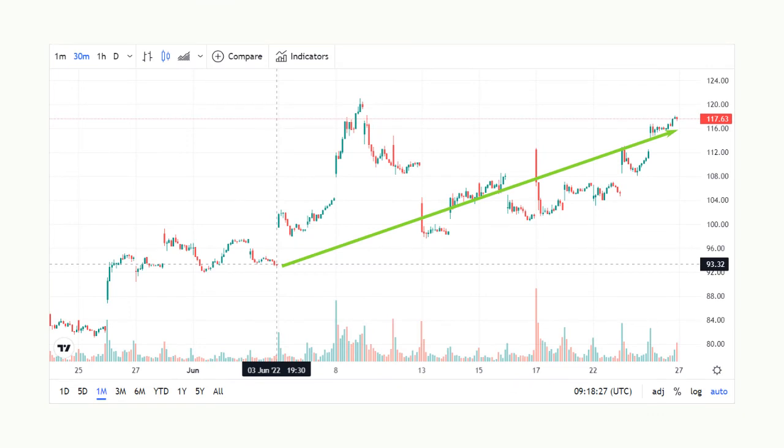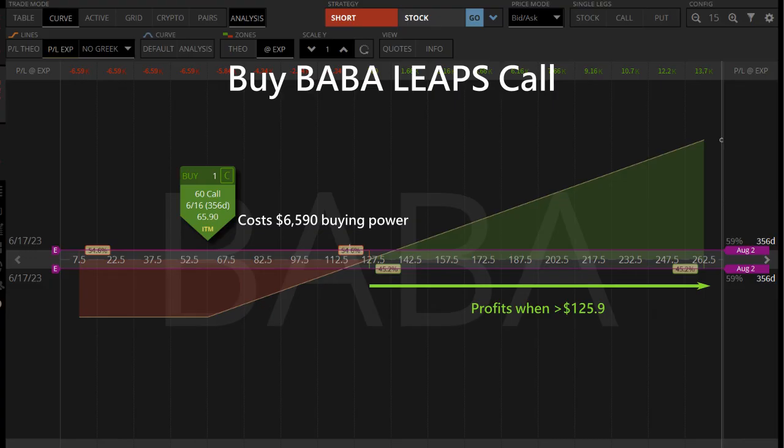A second look at the BABA price chart confirms the stock reached a low on June 3rd, roughly 16 trading days ago, and has been on the bullish run ever since. We can be confident in buying a LEAPS call to take advantage of the bullish outlook. A long 90 delta BABA LEAPS call that expires in a year requires $6,590 in buying power. If the stock price reaches the $276 fair value in a year, the return on capital is